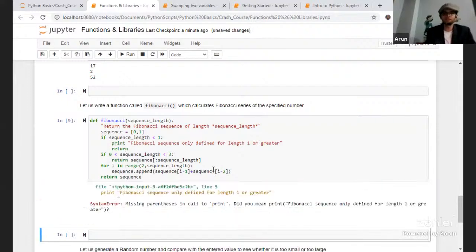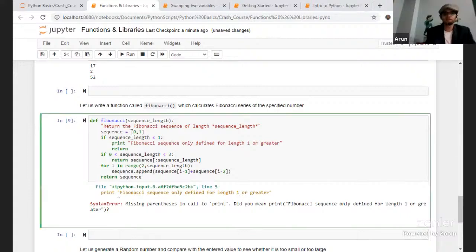So first we'll try to execute this. Remember, length 1 or greater, and I have given length as 0. We can ensure that the missing parenthesis is added to print. Do you mean print of Fibonacci or not? So I'll just directly write print here. If you see, I did not write what it needs to do. Now if I execute,